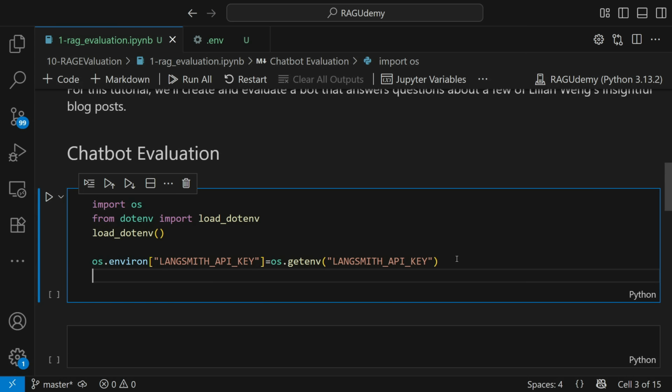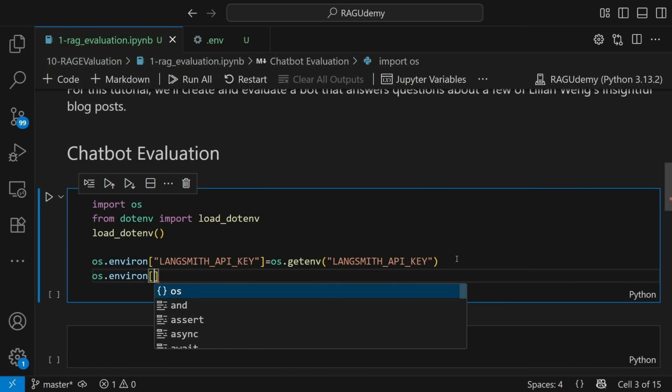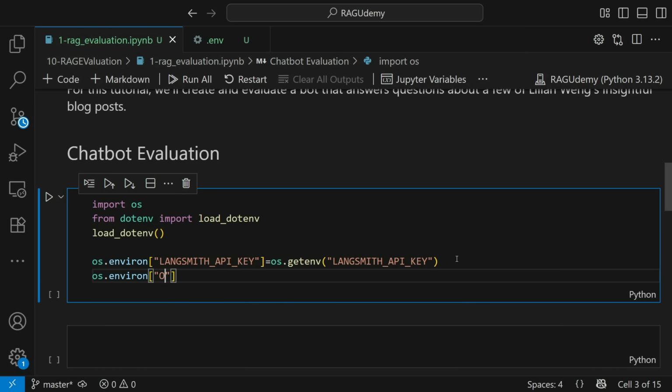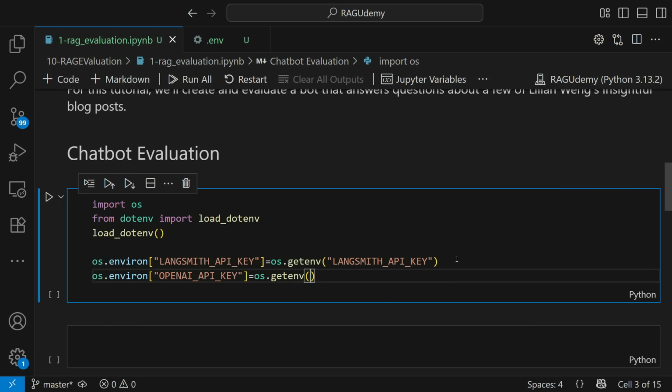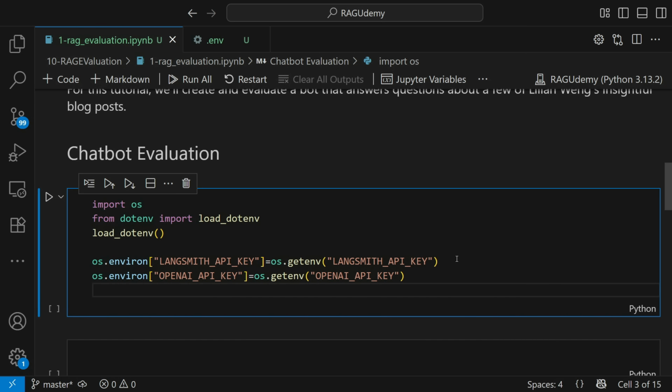Okay. Now, once I have done this, the next thing is that I will just go ahead and write os.environ for the same OpenAI API key, because I will be requiring an OpenAI API key. So I'll just go ahead and write os.getenv OPENAI_API_KEY. So once I initialize both of them,